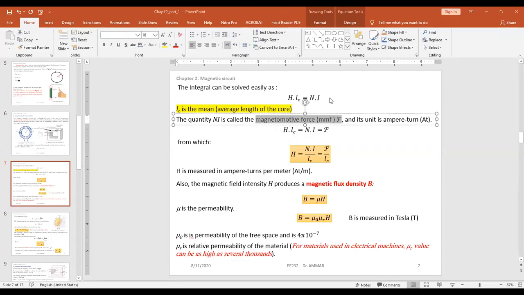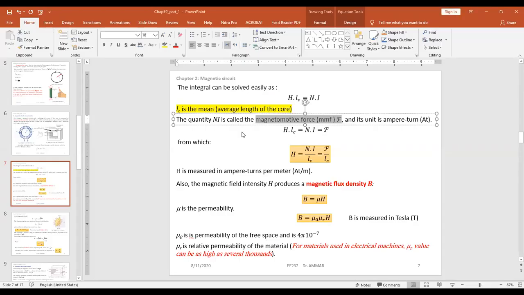Of course it's not always circular. It depends. We gave a circular one because it's simple to work with. It depends on the shape of the core. If we have a rectangular one, the path will be rectangular of course. We will add, for example, this length plus this length plus this length plus this length. We will see them, God willing, in the exercises if we are able to do